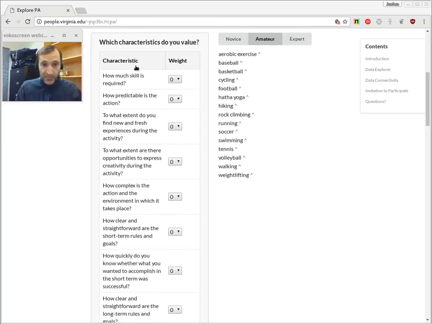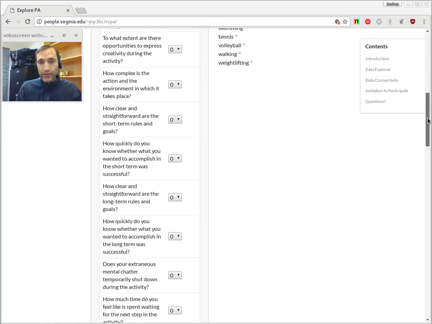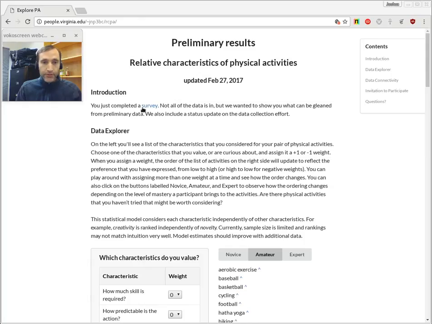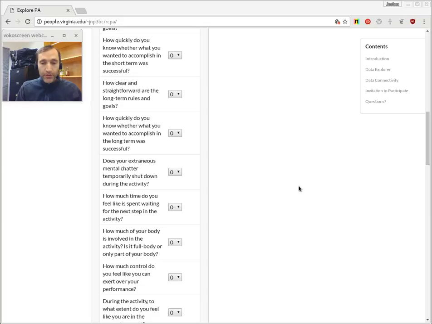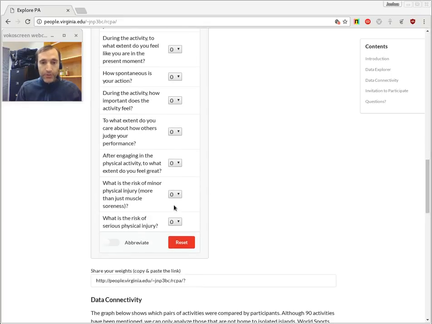So there's these questions that should look familiar. These are the questions you answered when you took the survey. There's a link to the survey right here. If you click it, you go to the survey, and that's where you think of two physical activities that you've participated in, and then rank and compare them on the dimensions, or these questions that were asked about, making comparisons between those two activities. So